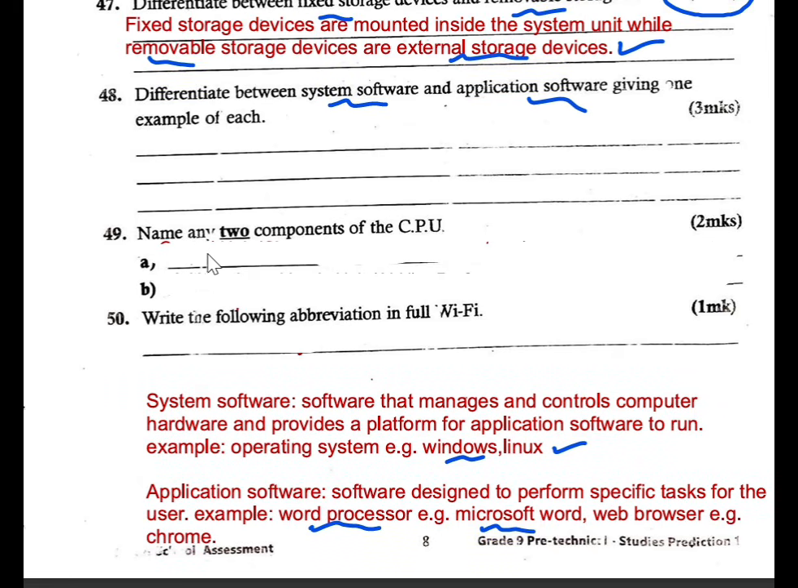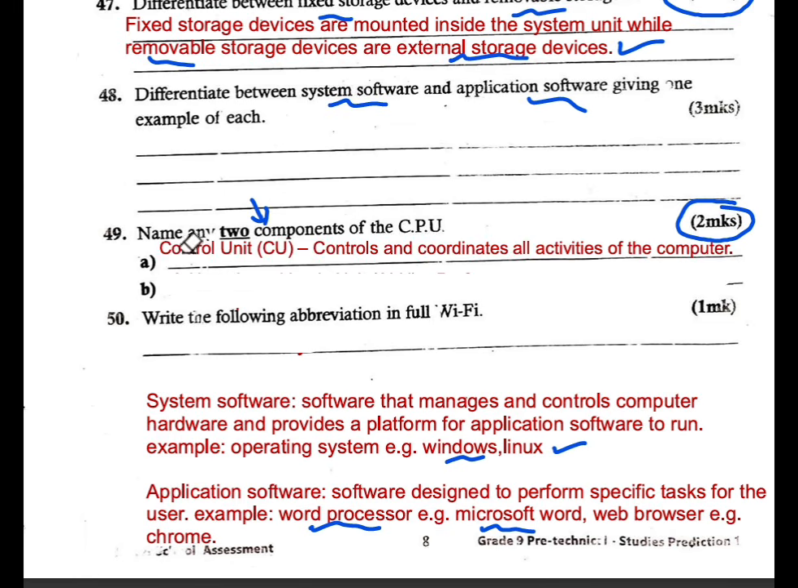Number 49. Name any 2 components of the CPU. So CPU, you know that is the brain of the computer. We want to know the 2 components. You can have 3 components, but here we are told to name 2. We have what we call the control unit, the CU. What does it do? It controls and coordinates all activities of the computer. We have what we call the ALU,